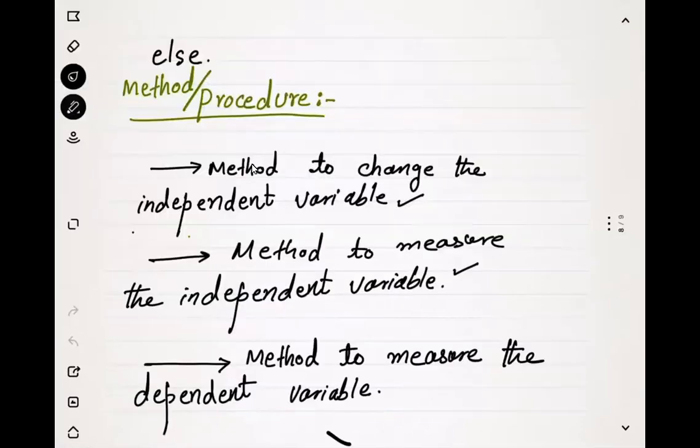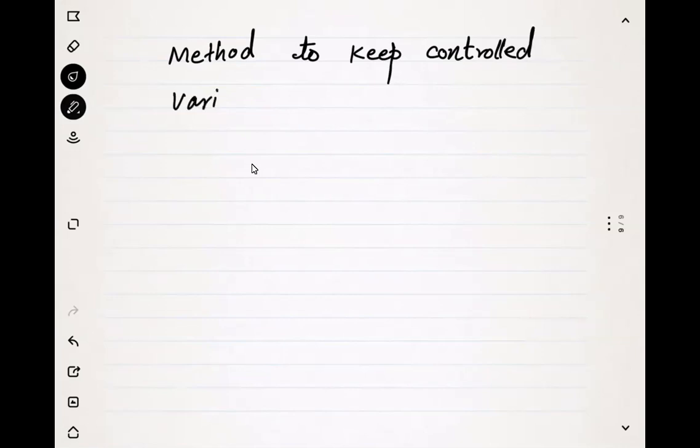Then you have to tell the method to keep controlled variables constant. Methods to keep the control variables constant. For all the methods that you have written, discuss